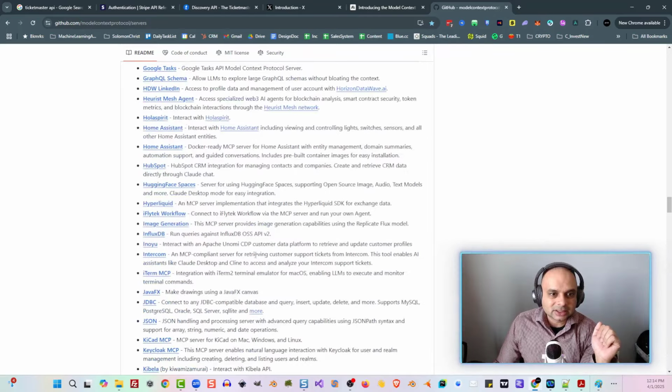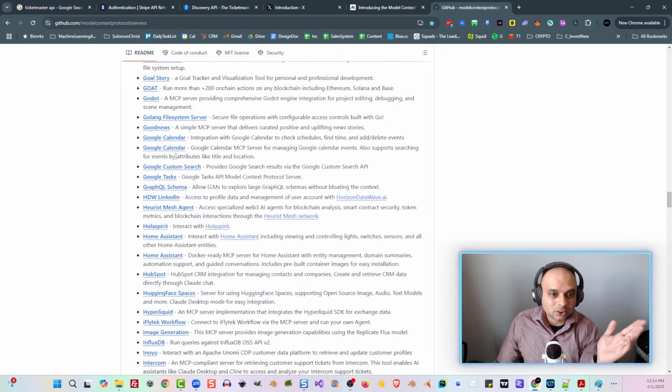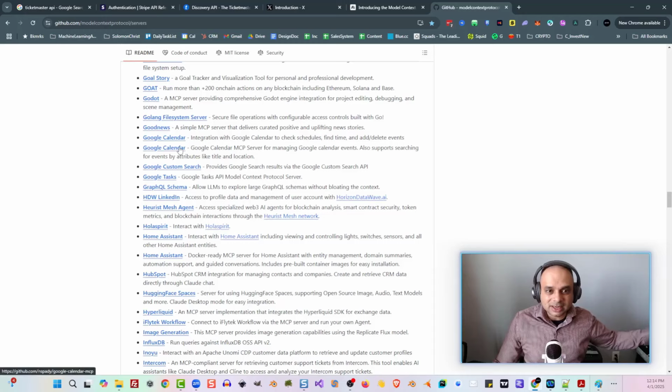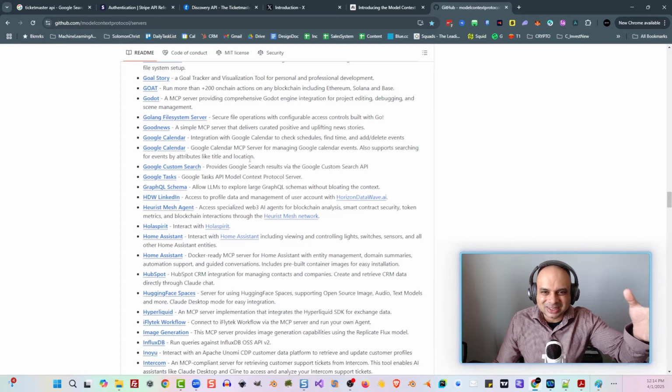But then you get into other things such as Google Calendar. Imagine just having it connected. You don't have to go into the APIs to say, create a calendar for me, create a certain time or date. No, it does it all just by me asking the AI to do it. It is so powerful. So that gives you kind of an idea of why this is so important for us,